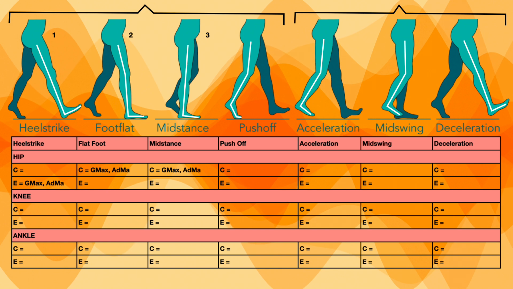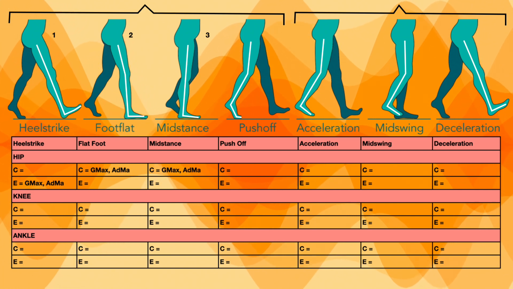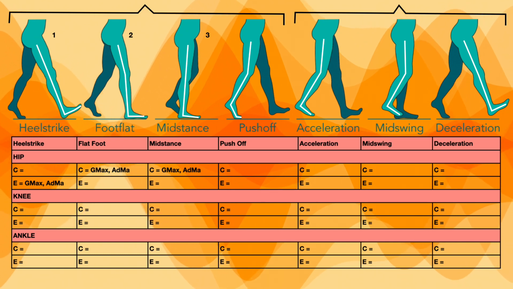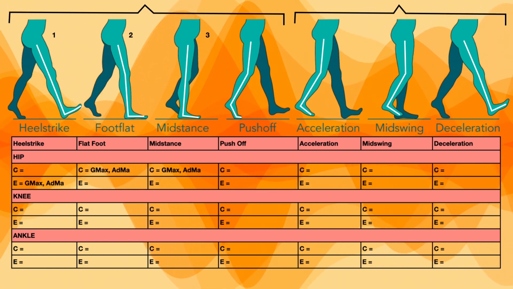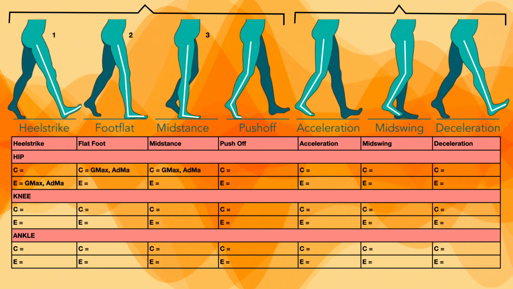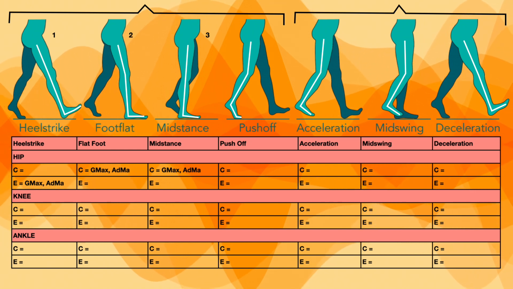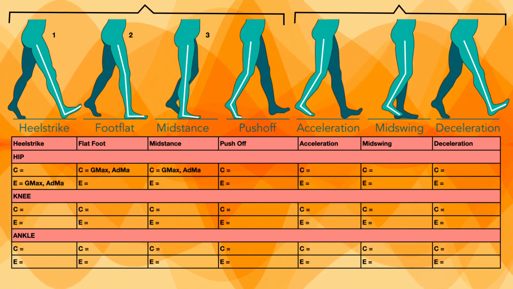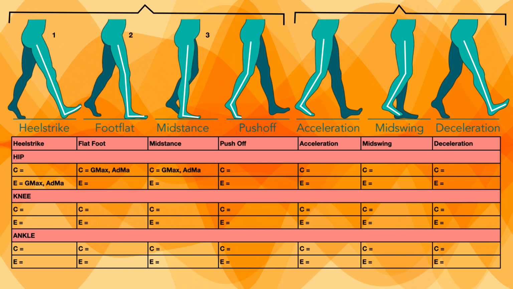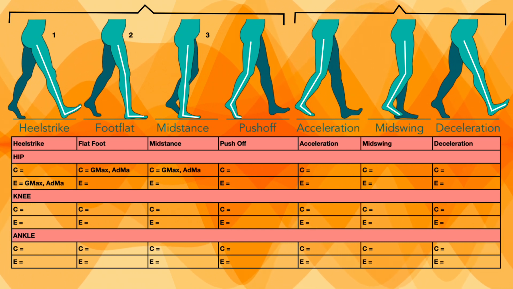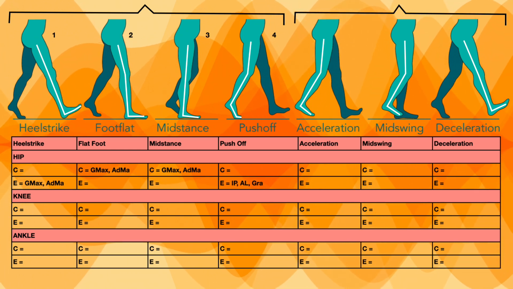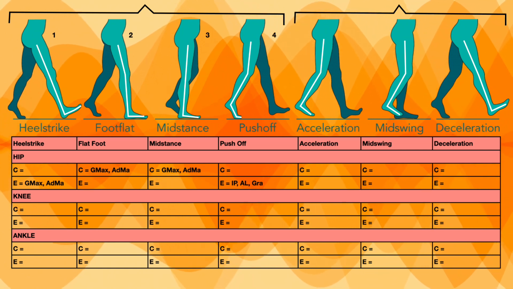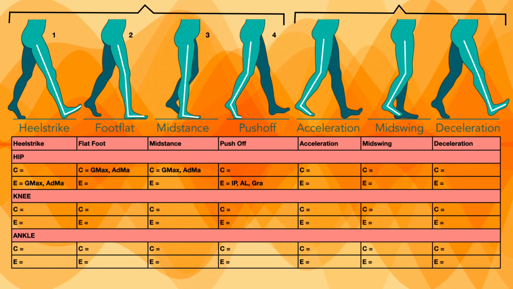Now in the push off, the heel off and toe off phases, we have to see that the swing phase will start after this phase. Because the swing phase will start, the hip will start going from extension into flexion. So the flexors will now come into action and there will be a controlled flexion of the hip. This will be an eccentric contraction of the hip flexors, an eccentric contraction of iliopsoas, adductor longus and gracilis muscle during the heel off and toe off phases.